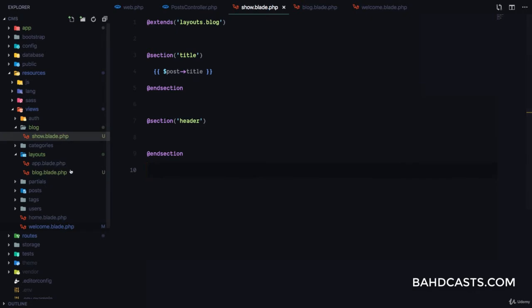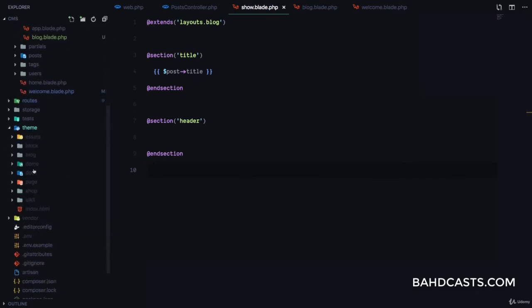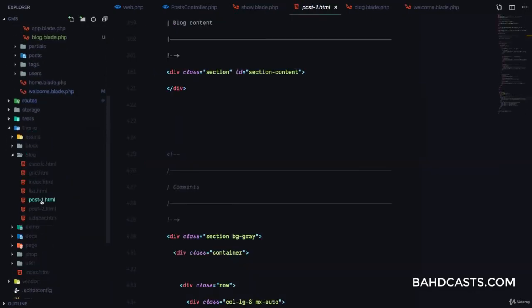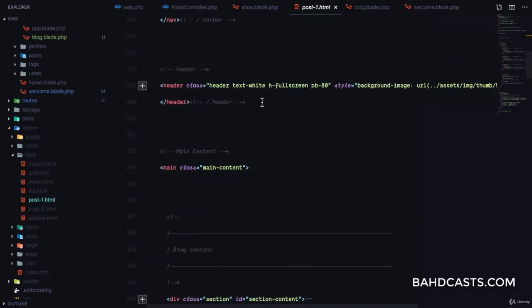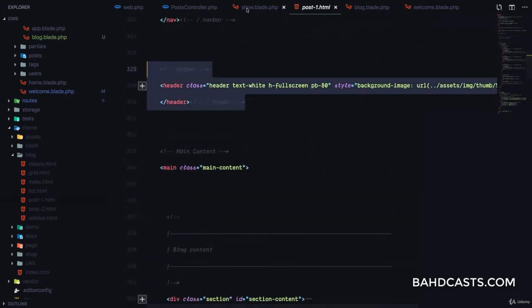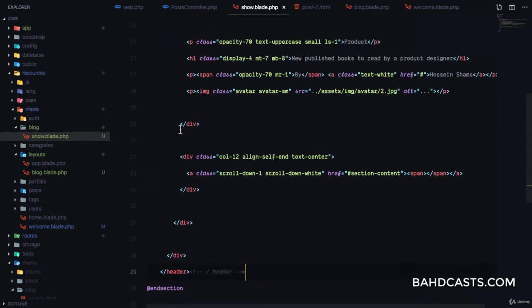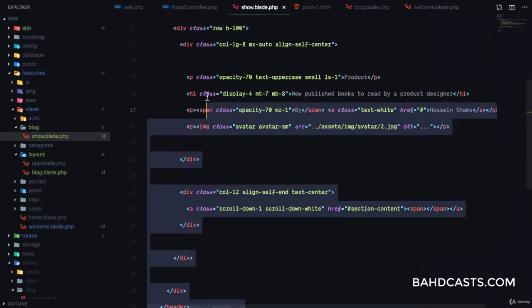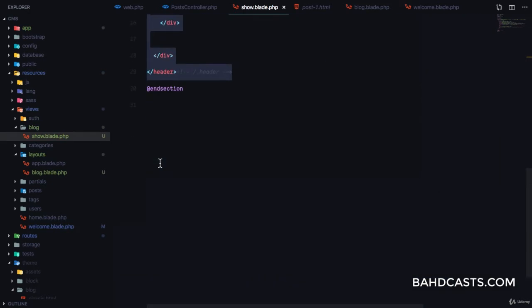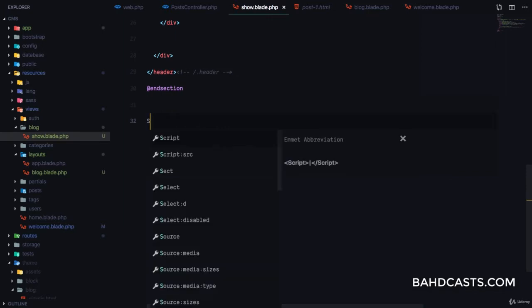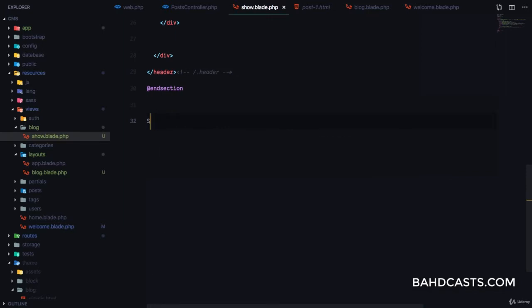And in the post one, so theme blog post one.html, we'll copy the header. So this is the header section right here. I'll copy it and place it right here. Don't worry, we're gonna format that in a second. Okay, we just want to get things up and running. I'm just gonna fix the indentation right there,